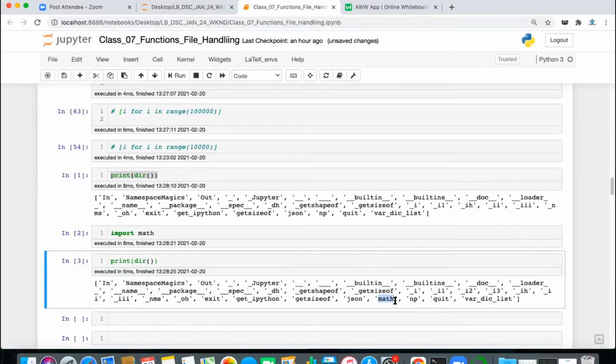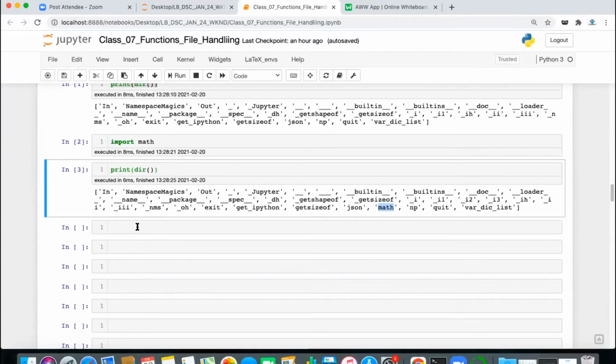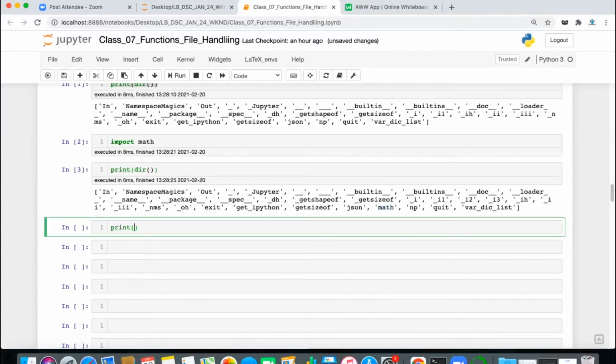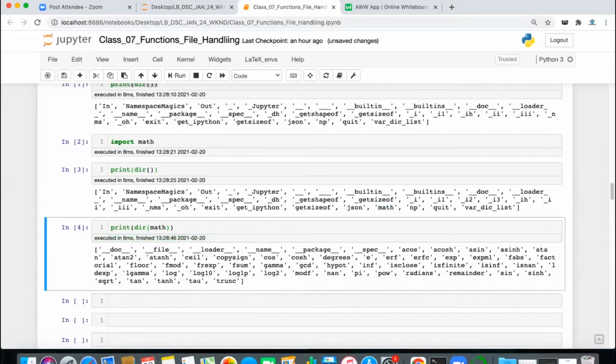Now inside math, what all methods or attributes are available? If you want to check, you can write dir of math. That will give you the list of methods and attributes available inside the math module.